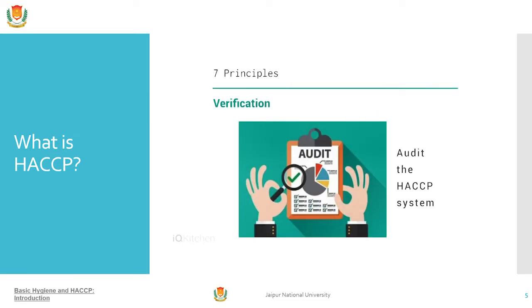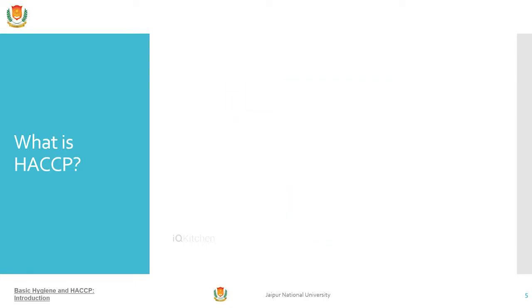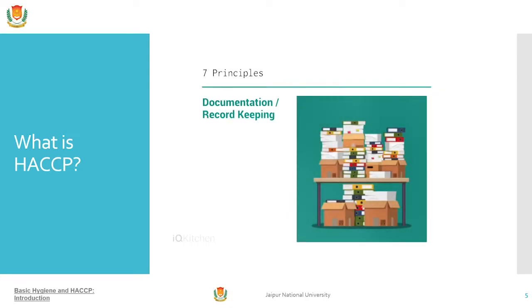Verification. Those activities other than monitoring that determine the validity of the HACCP plan and that the system is operating according to the plan. Principle 7. Documentation. A key component of the HACCP plan is recording information that can be used to prove that the food